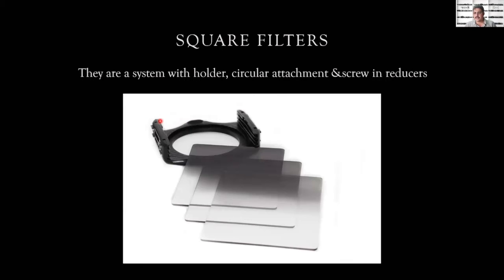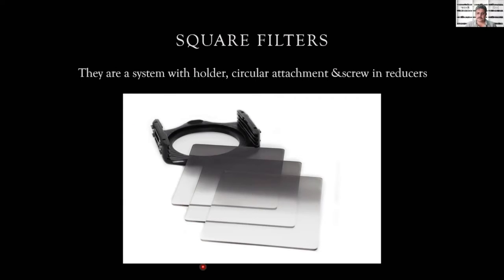Now this is how you stack several filters. So these square filters usually have slots, multiple slots will be there. So you can add one filter. On top of that, you can add another filter. You can add a polarizing filter. So you can add multiple filters stacked one on top of the other, and that gives you extra features. Once we go into what is called a neutral density, I can explain all these terminologies and tell you what it is. But before that, let's go into a filter which is very, very essential for most creative photographers.